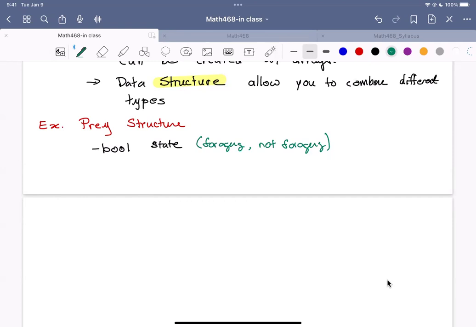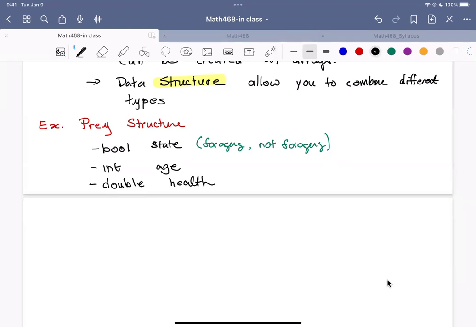Okay, so yes, you could put an integer in here, which is its age. We could maybe have a double that is its health or some measure of quality and how many offspring it can reproduce, and so forth. Another bool would be sex,